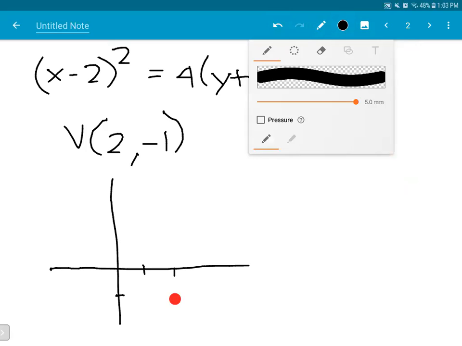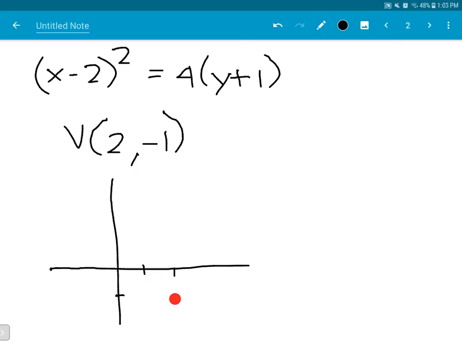Now, if a parabola opens in the vertical direction, it will always have a y-intercept, but not necessarily an x-intercept. For example, if the vertex is the one there and it opens downwards, then it has no x-intercept, but it will surely have a y-intercept no matter the orientation is, if it opens in the vertical direction. So let's find the y-intercept.